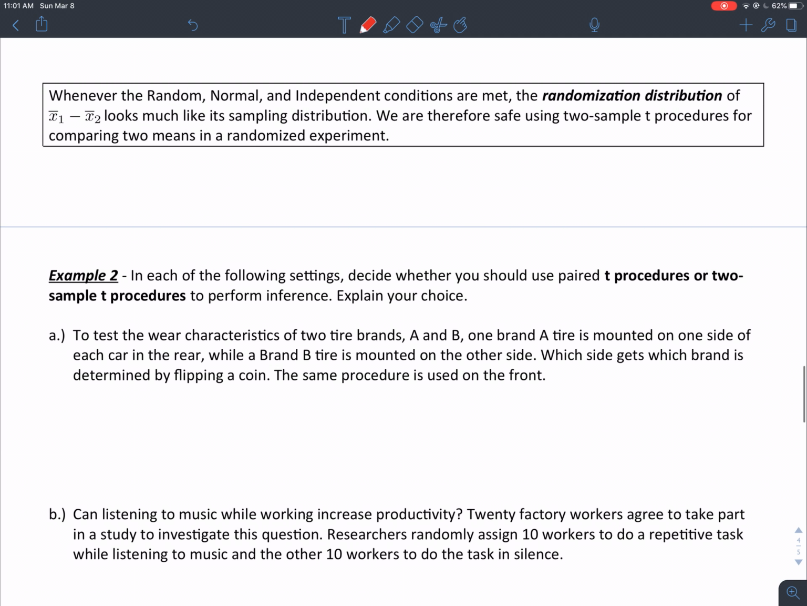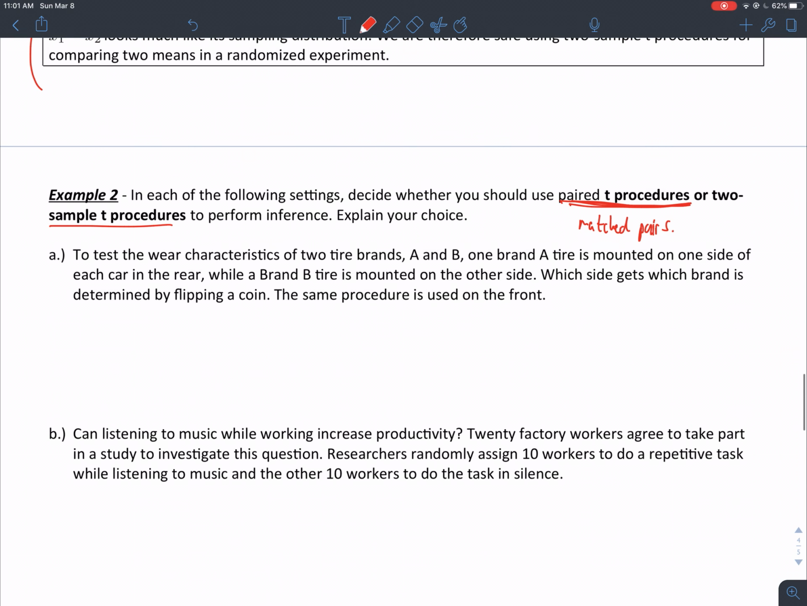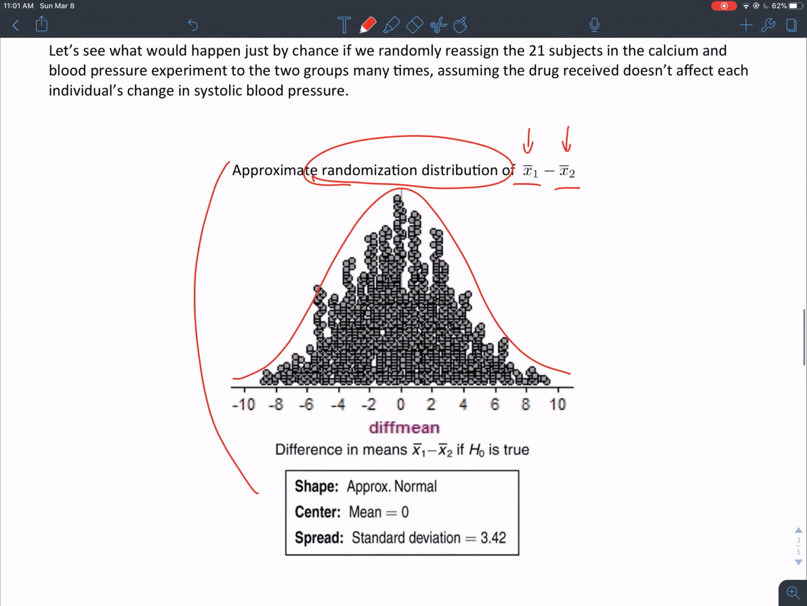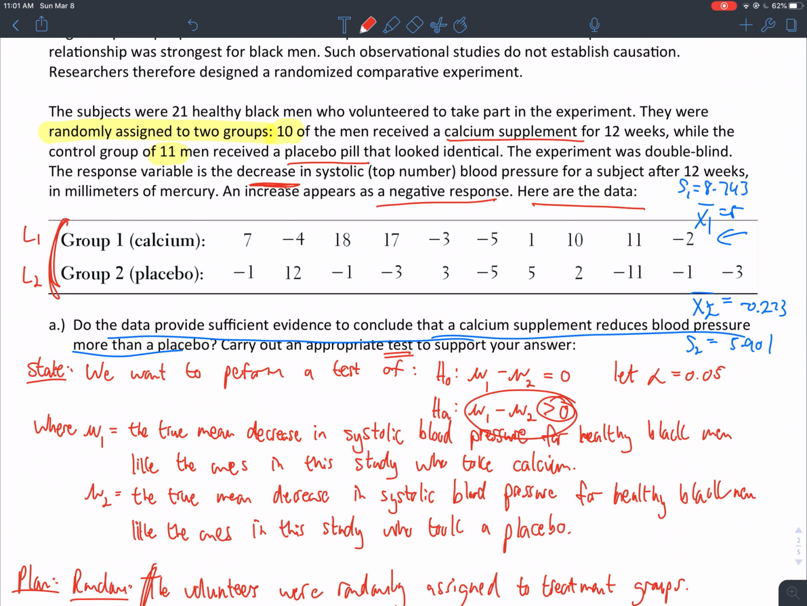All right, so there's the conclusion for a randomization distribution, and then here it says, example 2. Decide whether I should do a paired T procedure or a two-sample T procedure. A paired T procedure comes from matched pairs study design. This is chapter 4. And a two-sample T procedure means I took two independent random samples, or I did an experiment with two independent treatment groups. In our example here, we had two independent treatment groups. That's why this is a two-sample